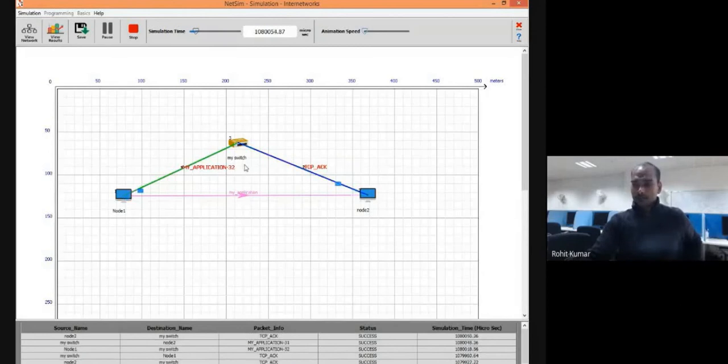Now you might have understood the concept of the distribution, because the number of packets in a particular application will depend on the distribution. And we set just 10 seconds of simulation time. Still, so many packets are there. So you can increase the simulation time. Suppose you don't have the time to see all the packets, you just simply increase the simulation time.